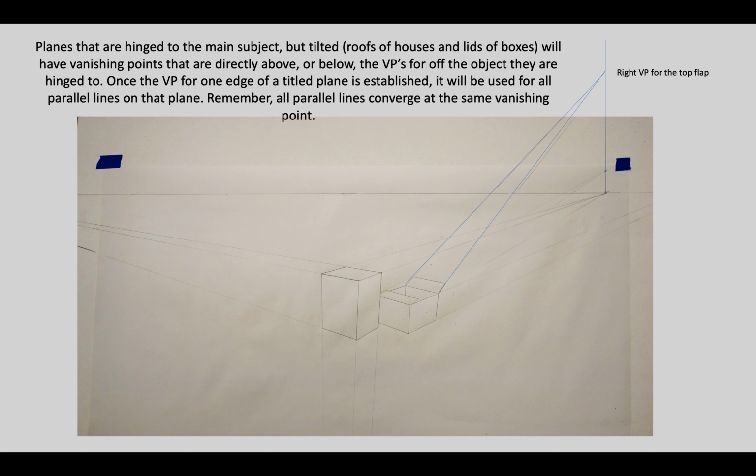So those blue lines are pointing now to a vanishing point up above the right vanishing point. The nice thing about tilted surfaces, it might be the roof of a house or the lid of a box, when you open a lid of a box, or the tilt of the roof, the vanishing point for that sloped surface is going to be directly above the vanishing points for the object itself, whether it's a house or a box. And so by drawing a vertical line above my vanishing point for that box,